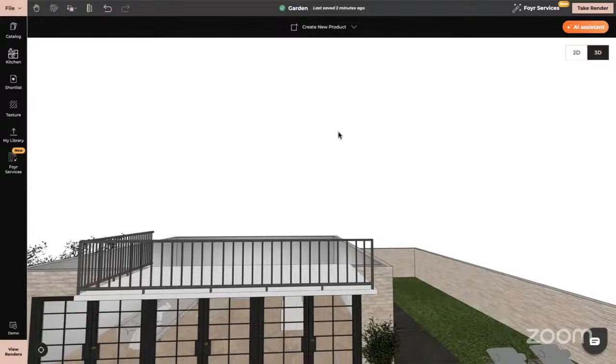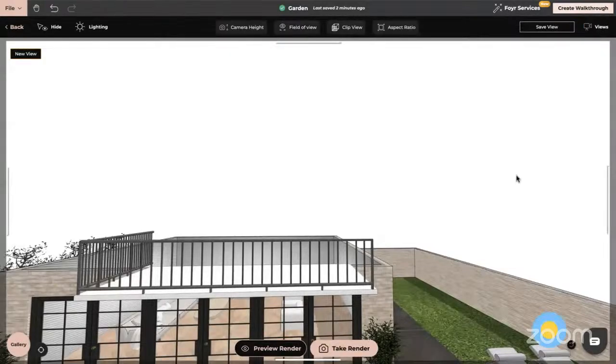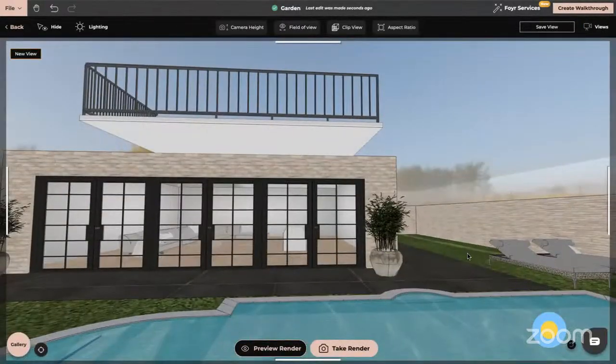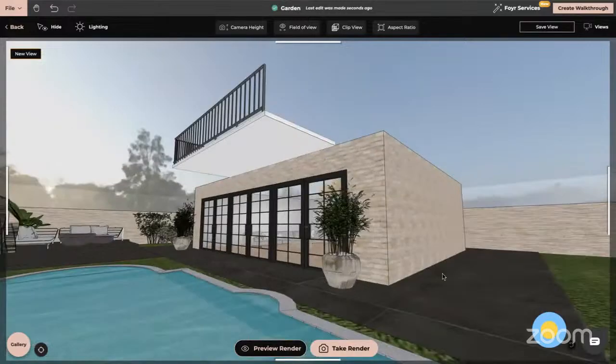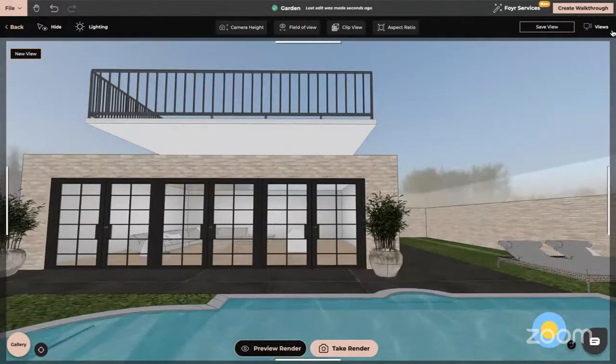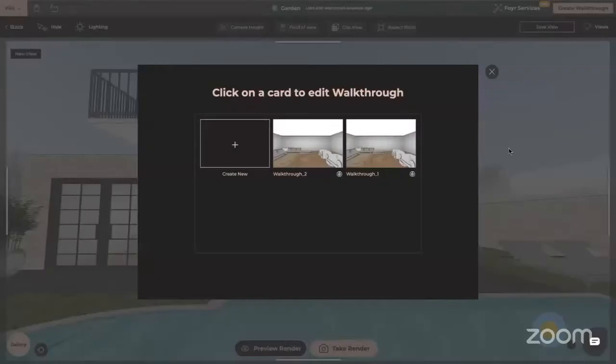How to change camera points. Is it on your walkthrough or for the render? For the render, we can only change camera height and then you can rotate it. So if we go to take render, and you want to change the angle, you simply rotate it. With the walkthrough, if you go to walkthrough,